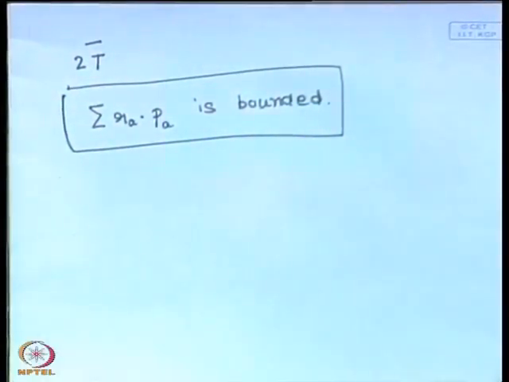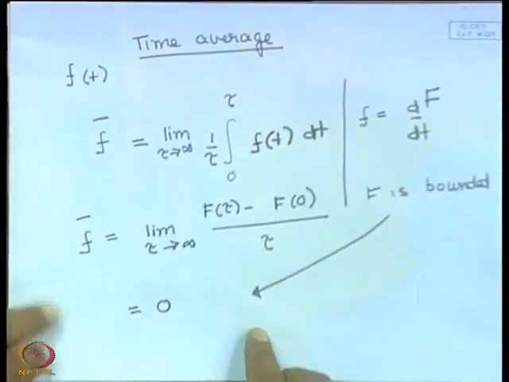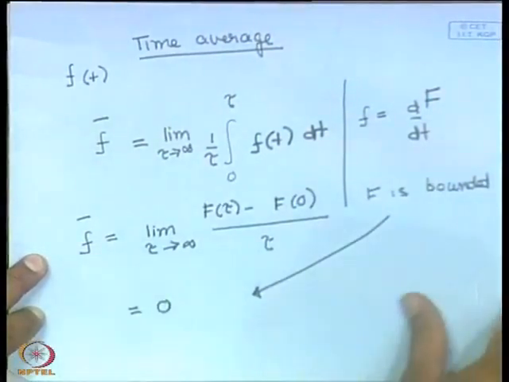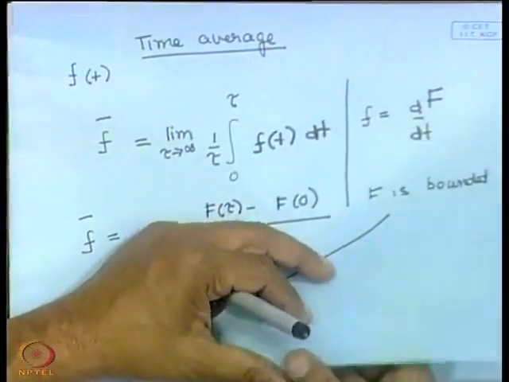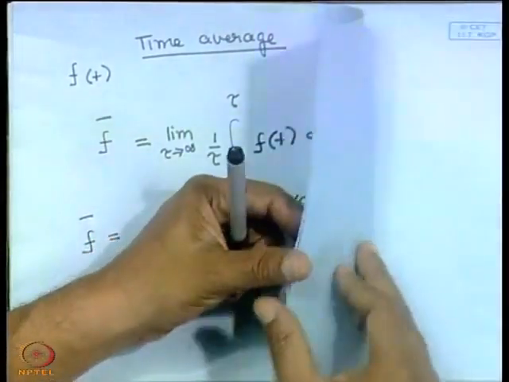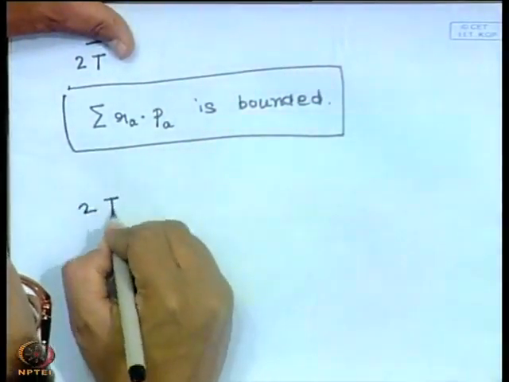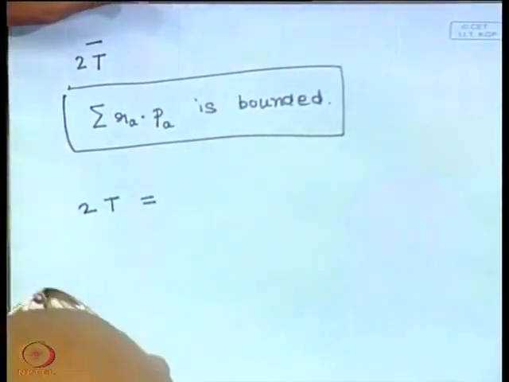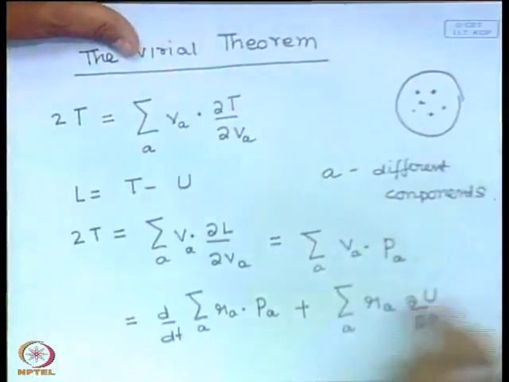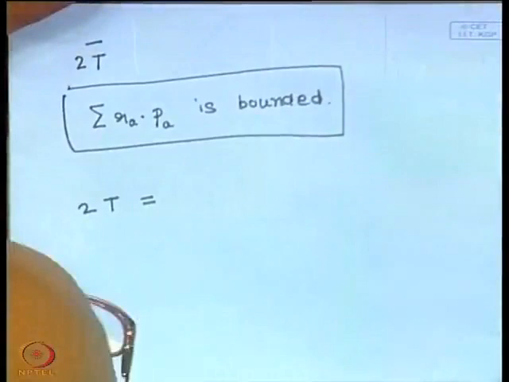And if this is true, then we can see straight away, by the discussion that we just had, that twice the average kinetic energy is going to be equal to the time average of this quantity over here. So it is going to be equal to